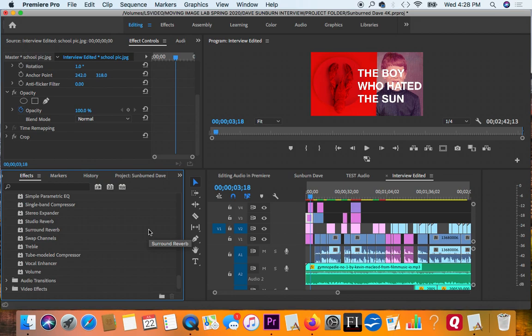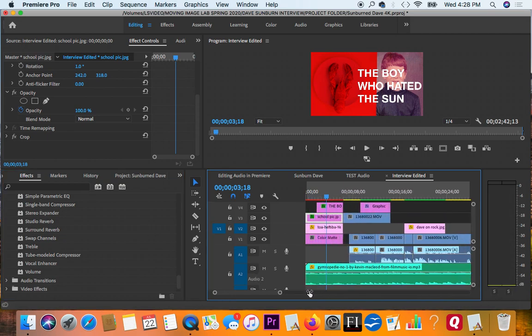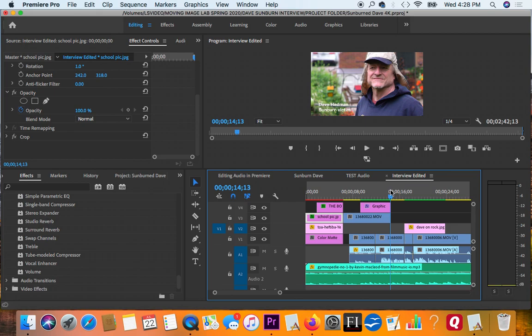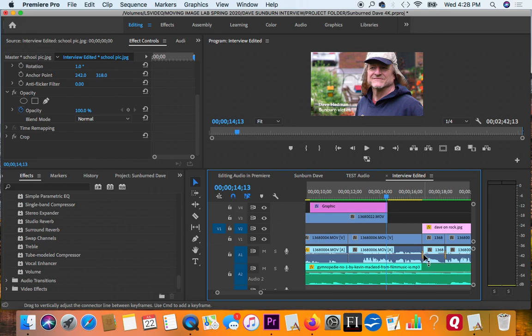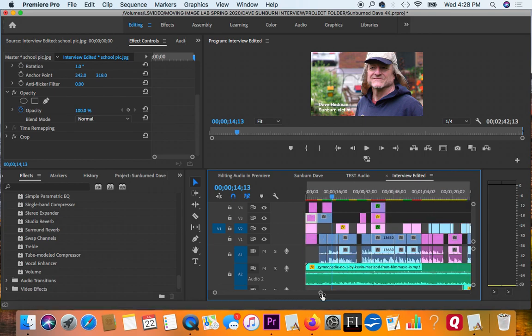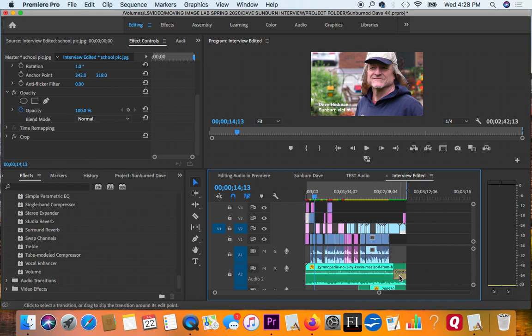One thing about some of these effects is they do, again, start to slow your computer down if you have a whole bunch of effects. So, but those are kind of fun to play with, and especially if you need like a weird sound effect. But generally speaking, your main effect for audio is probably right now going to be gain. It's going to be the smoothing between, just like you can make the